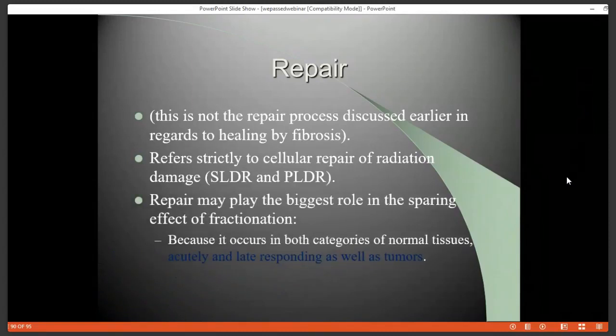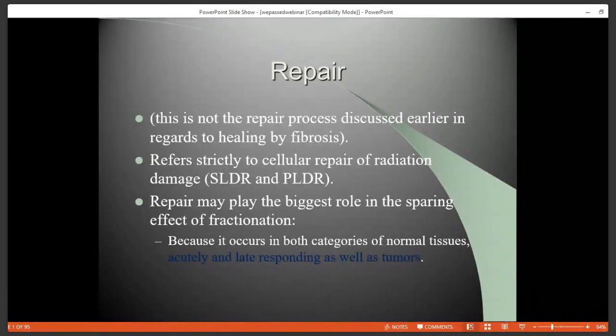It plays the biggest role that we see in these sparing effects of fractionation. It happens to occur in both categories of normal tissues, and that's an important one. So this is kind of the first R and the only R that really goes looking at late responding tissues as well. And this is a very important R for those because late responding tissues don't have stem cell compartments,